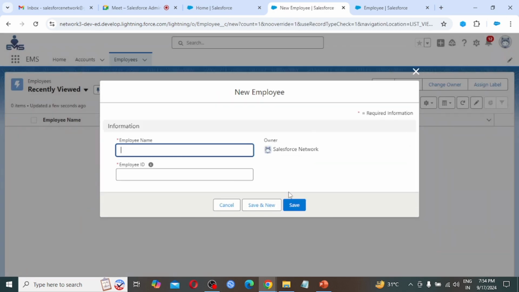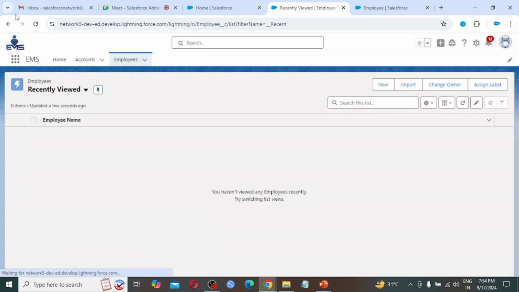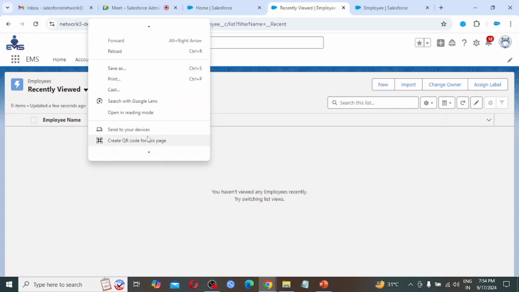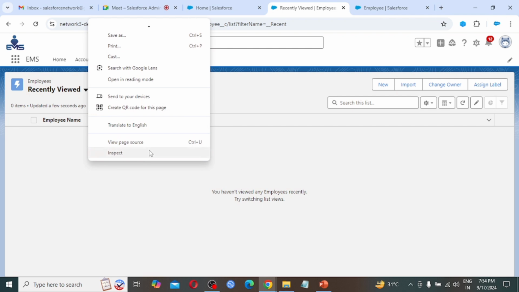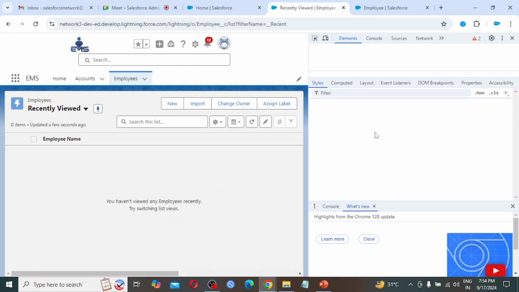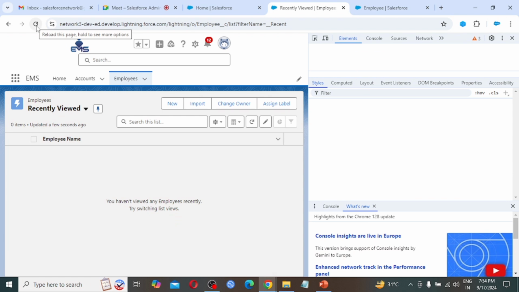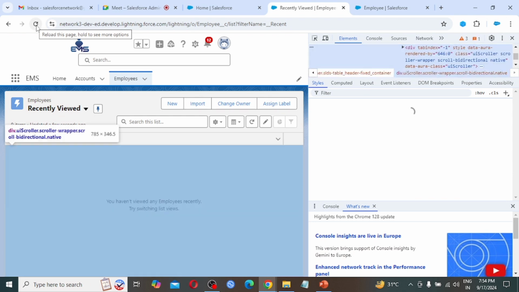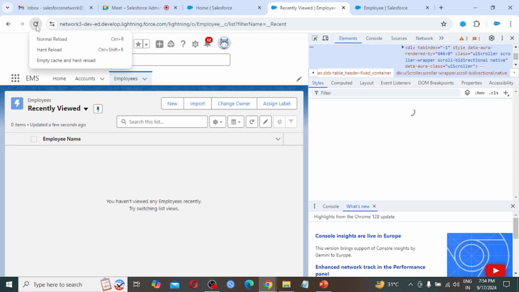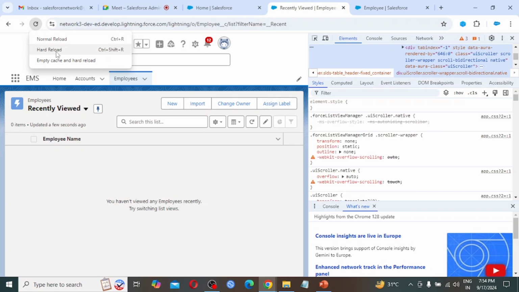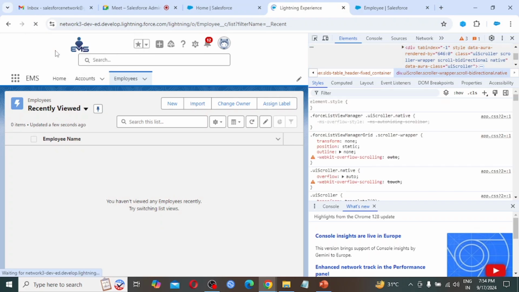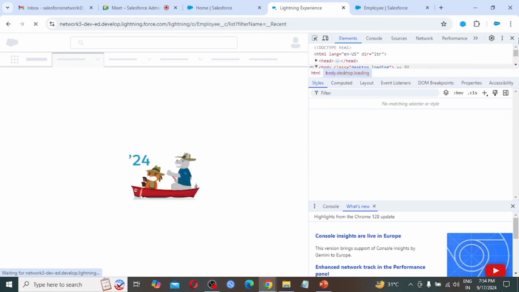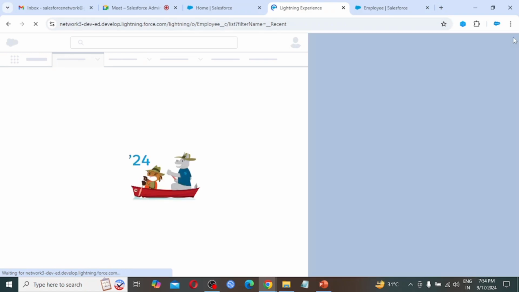Still it is not visible, so what we have to do here is right click anywhere, click on inspect. Again here, to reload this page, we have to right click and hard reload. So hard reload this page, close the inspect element.